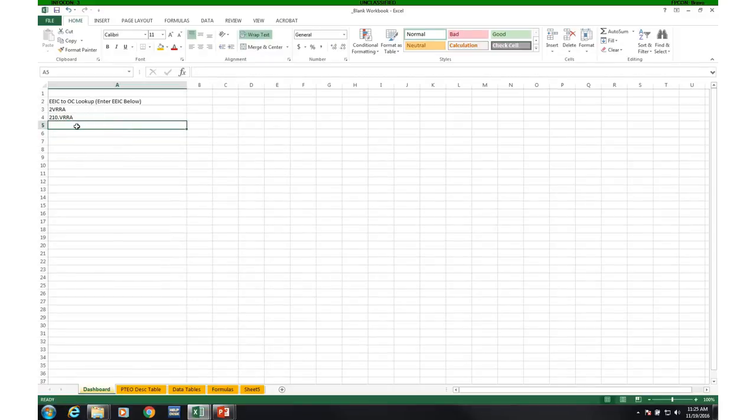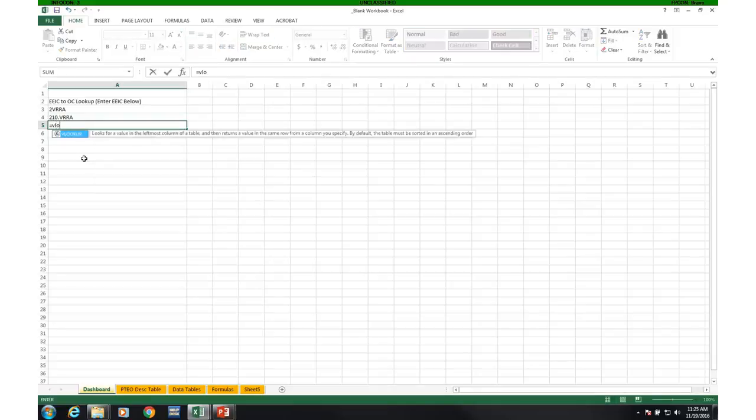EEC to OC lookup. Now what we're going to do here is a VLOOKUP. I have that big old list on the formulas table, right? Remember? So I'm going to say equals VLOOKUP. And what's my lookup value going to be? My lookup value is going to be this right here, EEC to OC. So I want to be able to type in EEC and get an OC and the definition of what both of those mean. So I'm going to type in VLOOKUP, and I'm going to look up